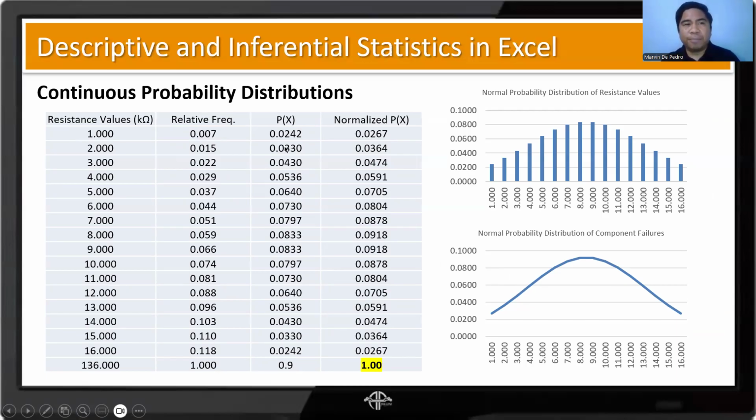Although in this case, relative frequency is supposedly not here. Anyway, the more important one is the probability. So using the formula, we get the corresponding share or portion. If this is the entire distribution, how much belongs to the resistance of 1 kilo ohm? What's the chance that we get a resistance value of 1 kilo ohm? Assuming we have an assortment of resistors, whenever we pick one, what's the chance?